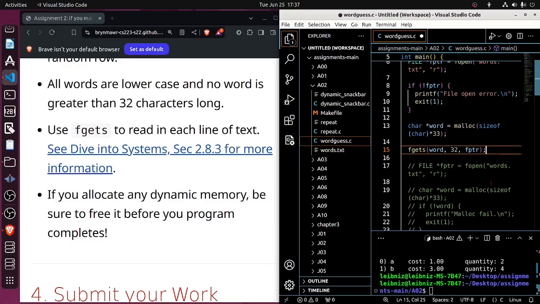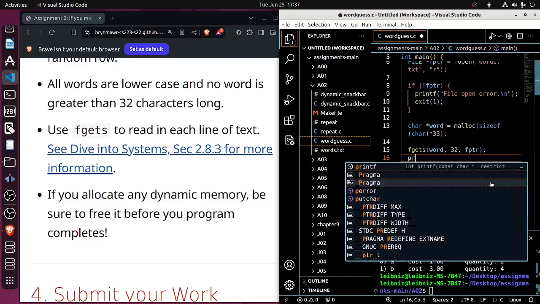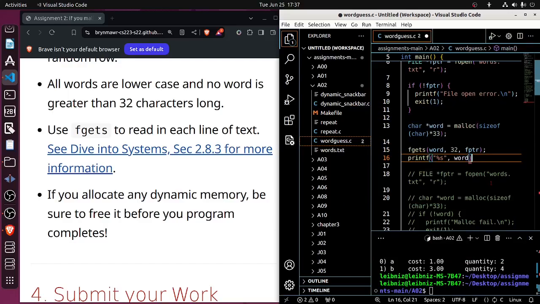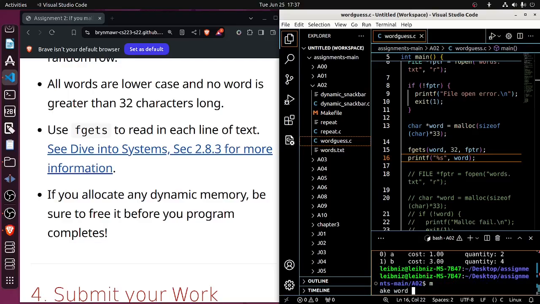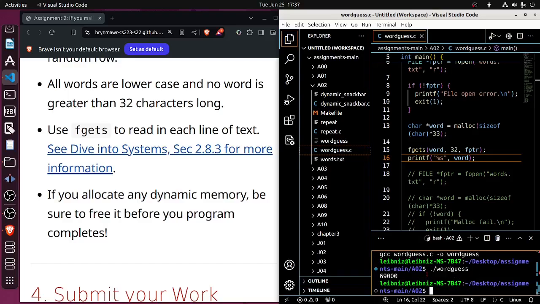Before going too far, it's always nice to write a little test. So let's not go all the way to the end before testing what we've done so far. So let's say printf %s word. And let's go ahead and build and run. So let's say make word guess, and it worked, and then run word guess, and it printed exactly the number, which is the first line of the